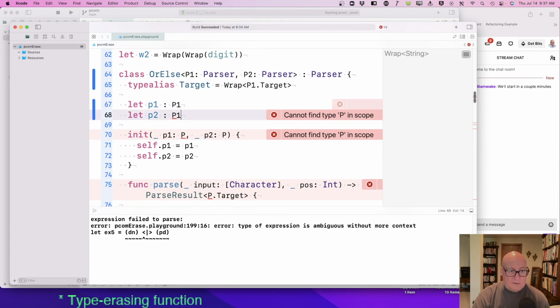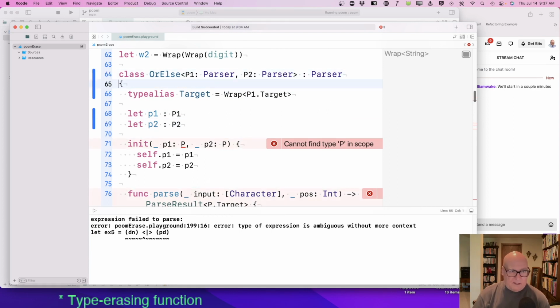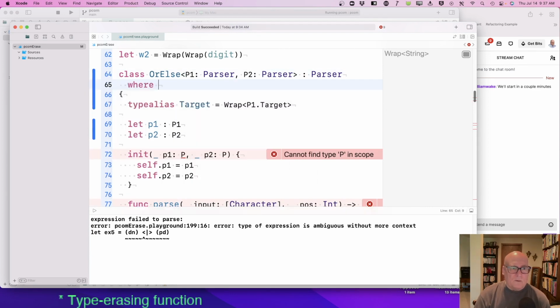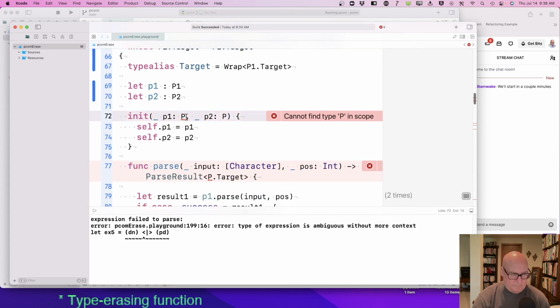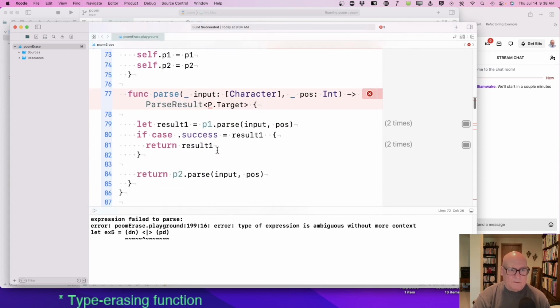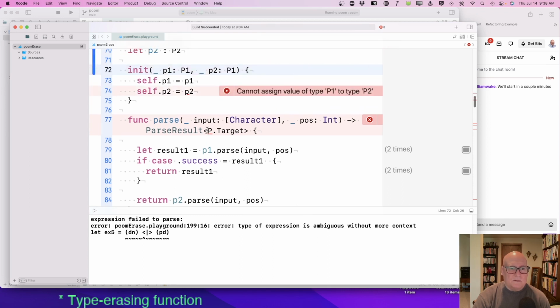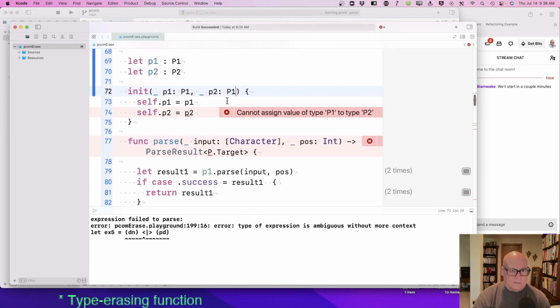P1, P2. Okay, and then I want to say, I don't know if I get a where clause here, where P1 dot target equals, I think it's just equal P2 dot target. P1, P2, parse result of wrap of P2 dot target.